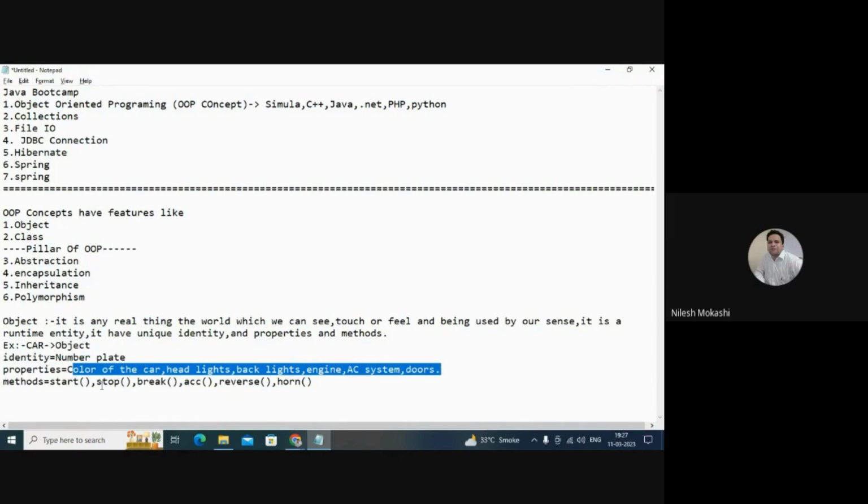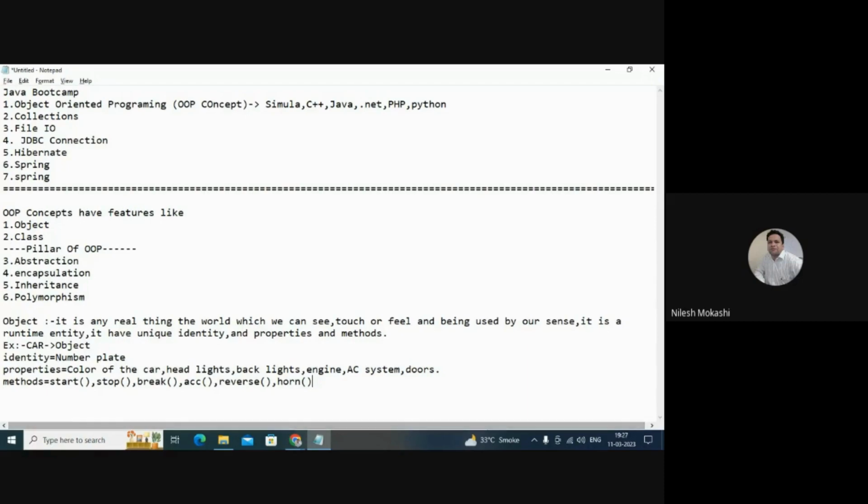Now, what are methods? Methods mean the behavior of the object, what type of behavior that object can show. The car object can start, stop, we can apply the brakes, we can accelerate, we can take the car in reverse, we can play the horn, right? So many methods my car can perform. So that is what an object is.